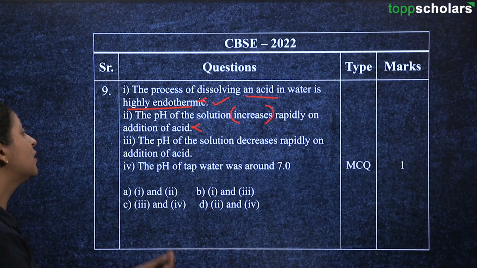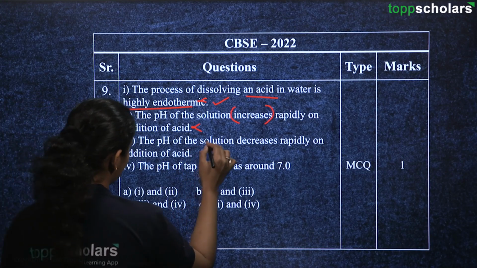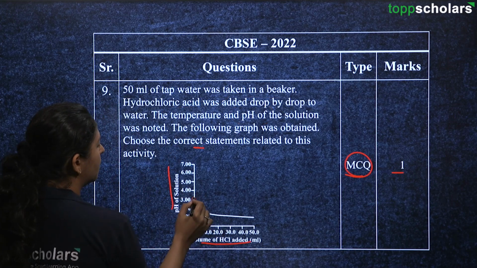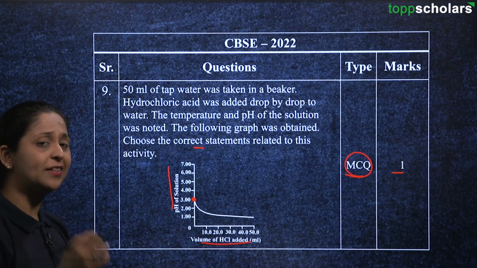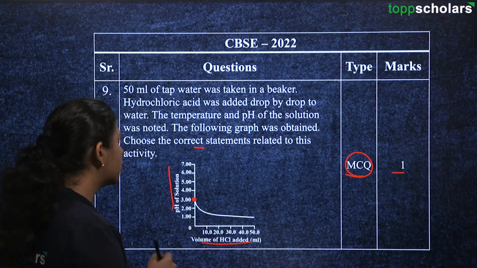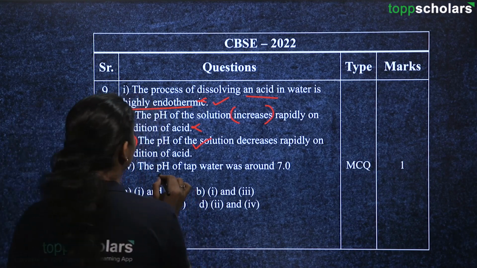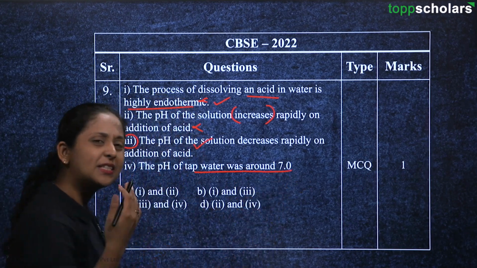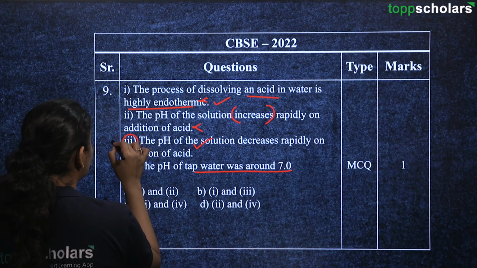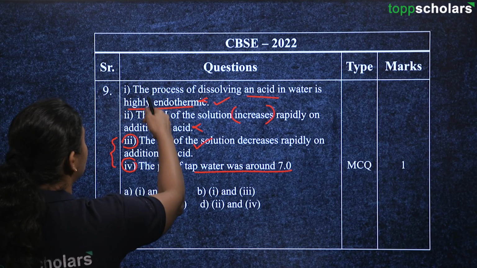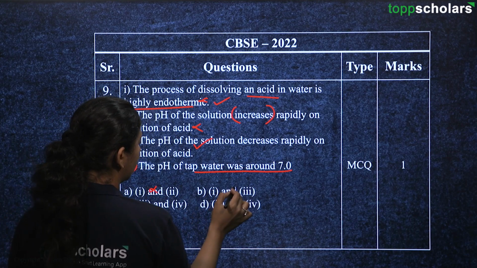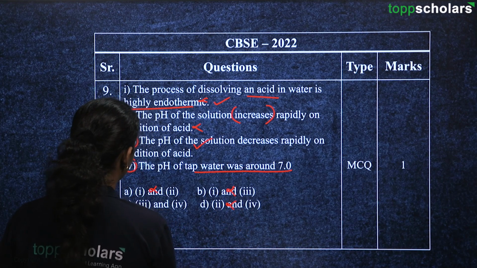The pH of the solution decreases on the addition of acid. Yes. The pH of tap water was around 7. So if you look at the beginning here, students, the pH of the tap water, when there was no volume of HCl added, the pH was 3 only. So it was not actually 7 as given to us. And the pH of the tap water was around 7. So this tap water, the pH will be neutral in state. So both statements 3 and 4 over here are correct, whereas the first and the second statements come out to be incorrect. So as first and second are incorrect, you can eliminate these options